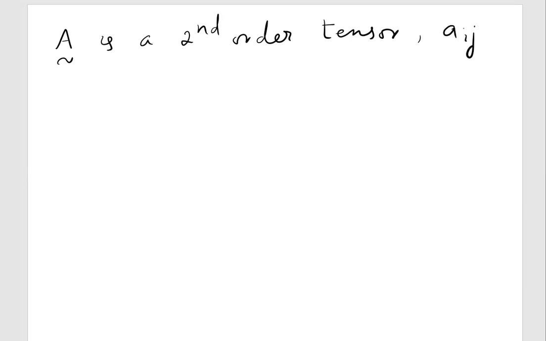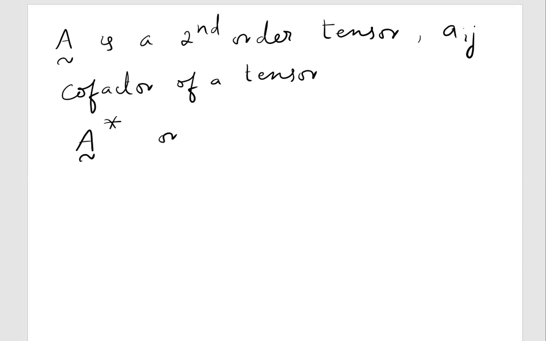So if A is a second order tensor, with the components Aij, then the cofactor of a tensor, denoted by A star, and some books also denote it as A with an arrow then star, and its components are given